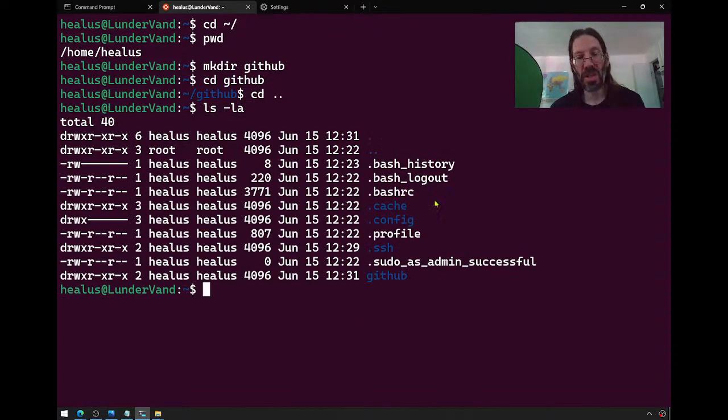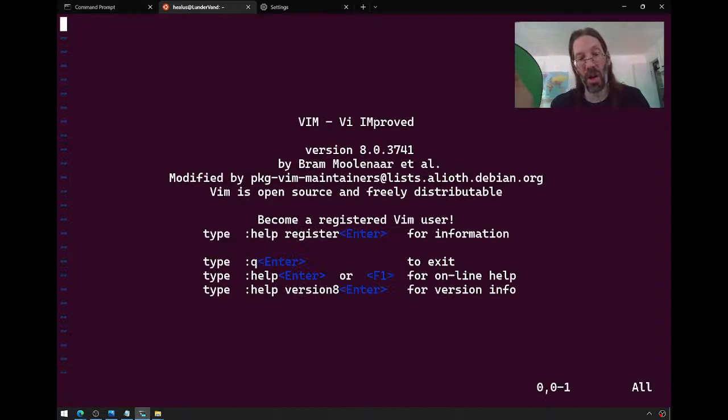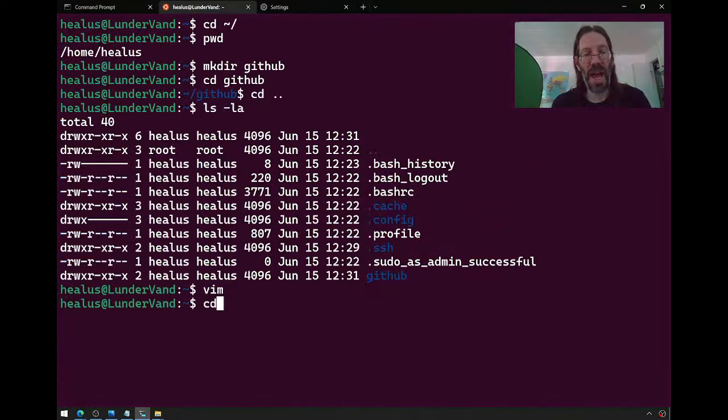There is no vimrc. This is the one thing I can do to make myself more at home than anything else. If I were to run vim, which is already here, it's a good version, everything about it's good, except my vimrc isn't there. I can't start my new journals or whatever. So I quit out of Vim. I go back into GitHub,